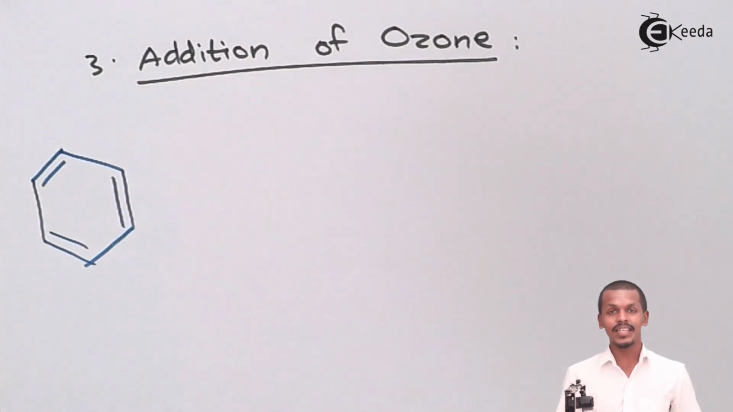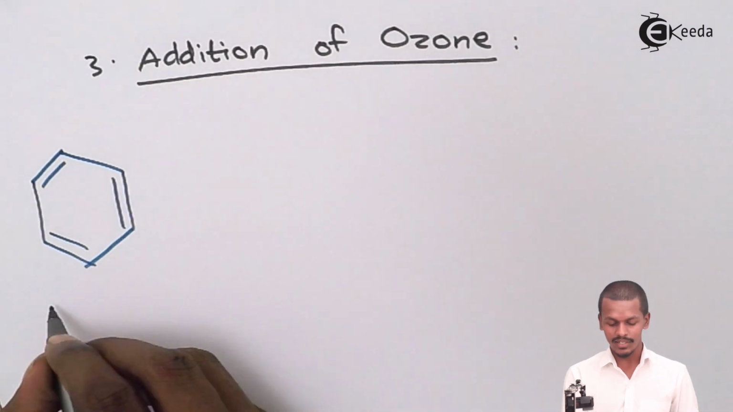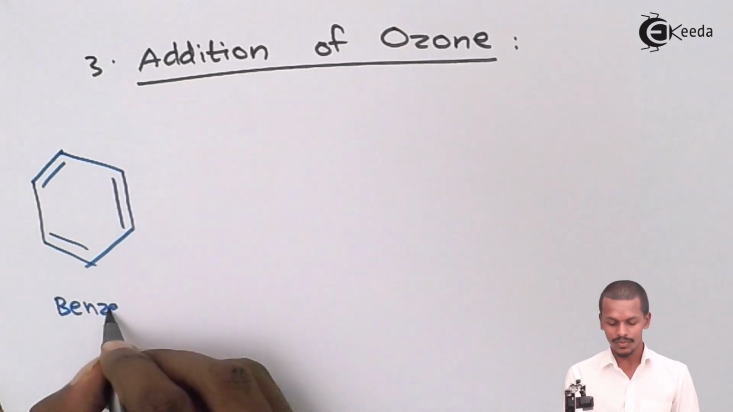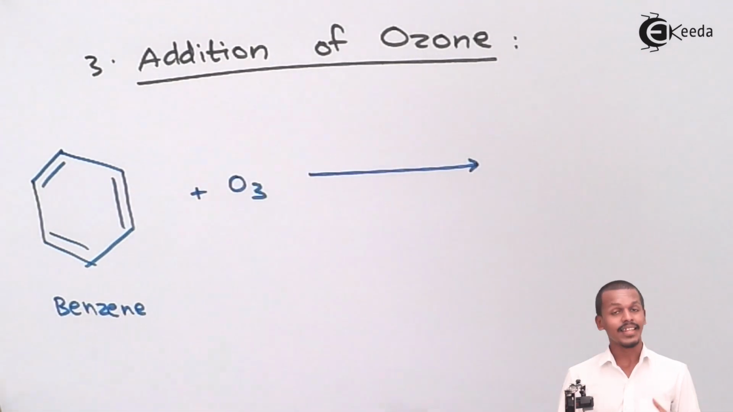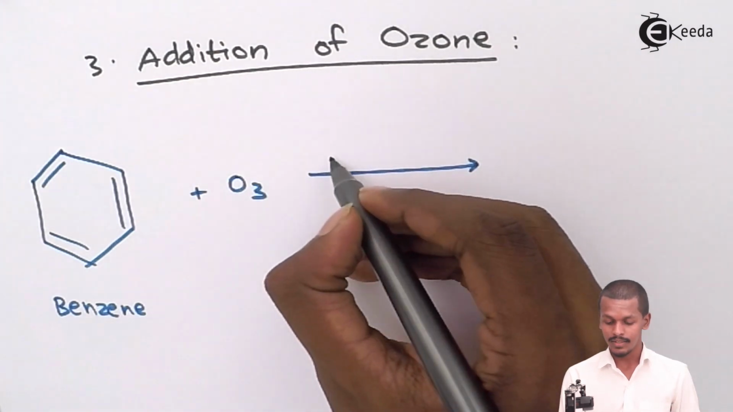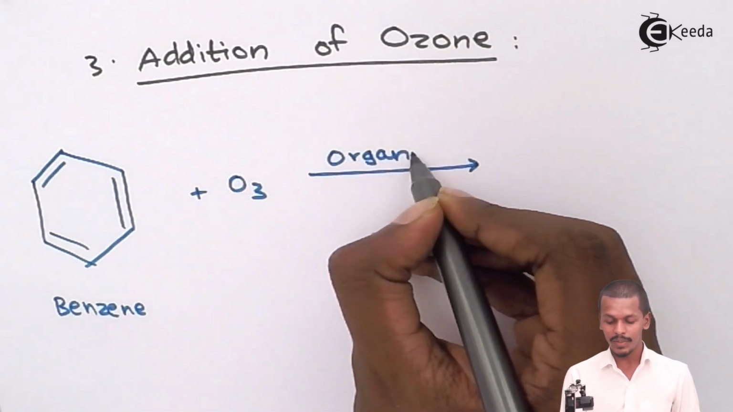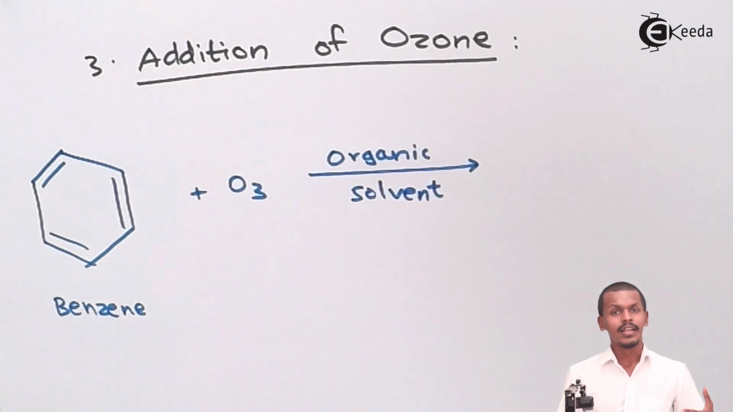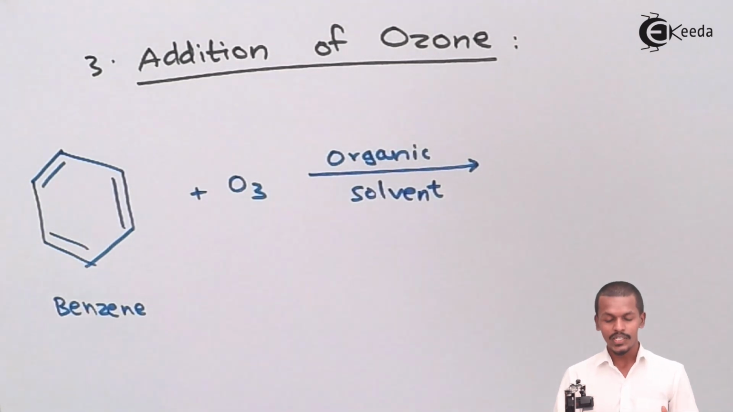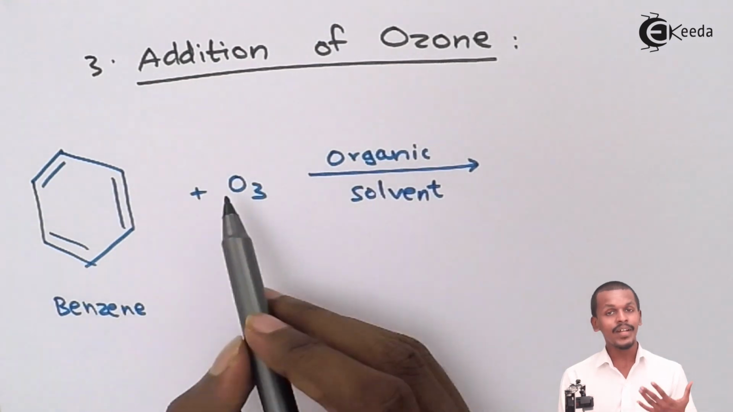So this includes, basically, we have to involve benzene in the reaction along with ozone, that is O3, and the reaction should proceed with the involvement of an organic solvent. And benzene is itself called an organic solvent because it is also used as an organic solvent. So now suppose the ozonolysis takes place over here,